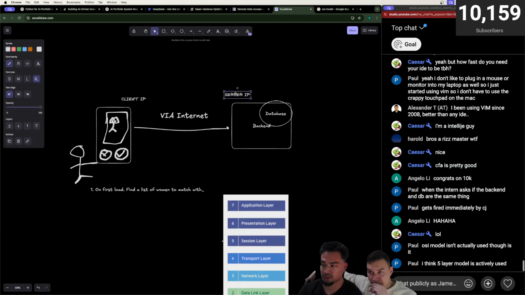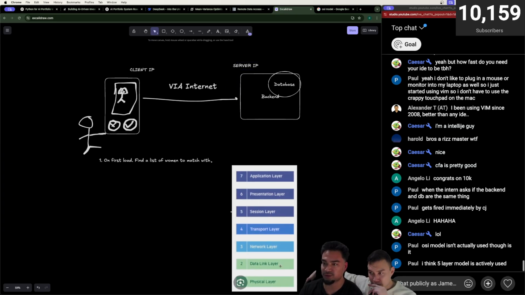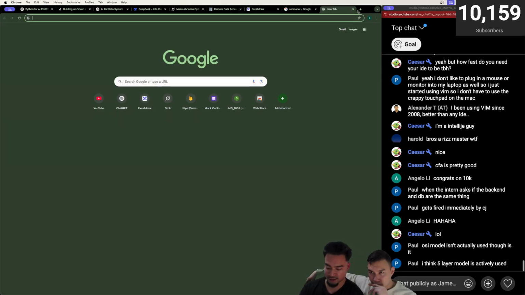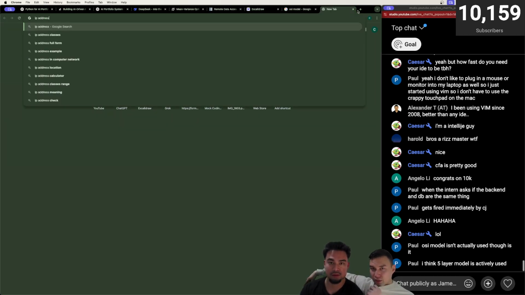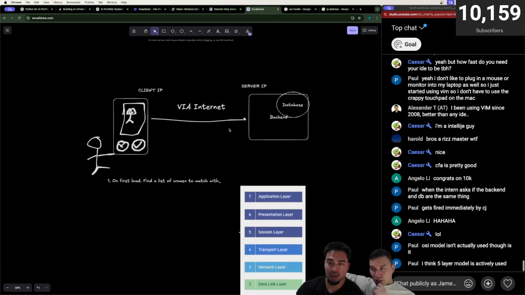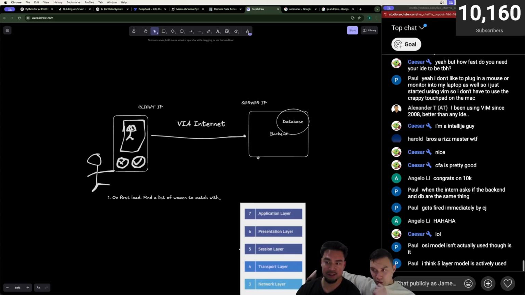This OSI model is a little outdated because some portions mix a bit. The IP address is like your address at home, a unique identifier so people know where you're communicating. It's literally an address.